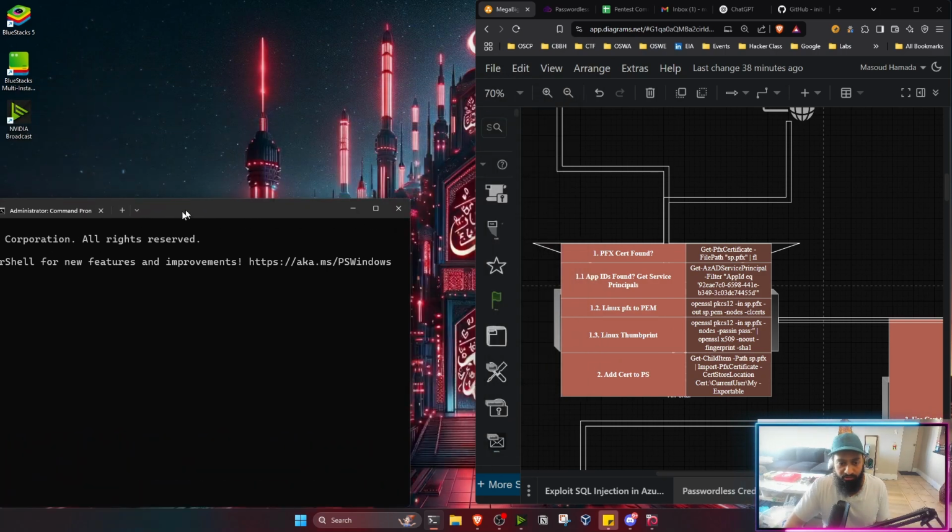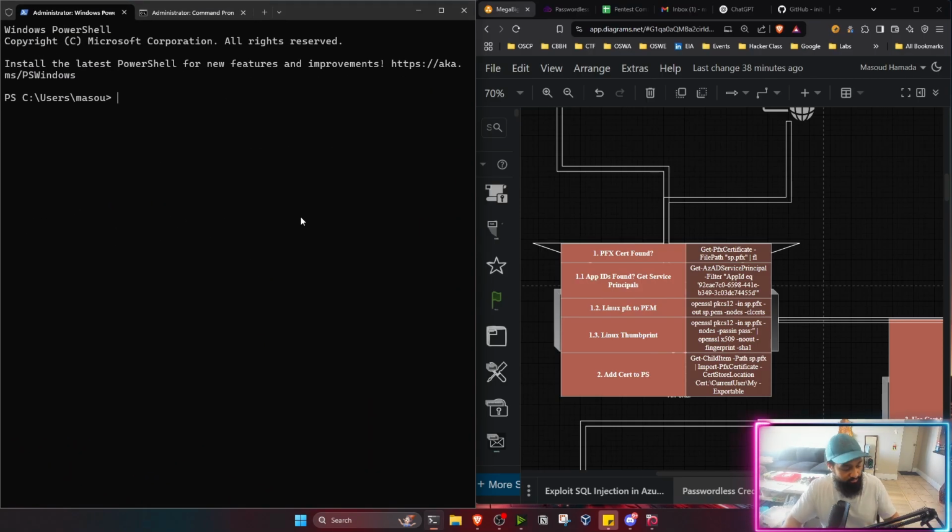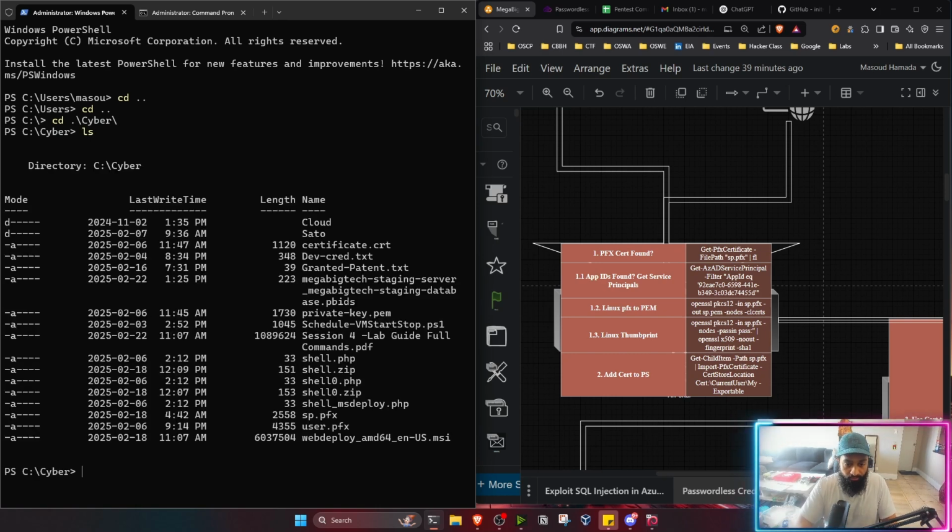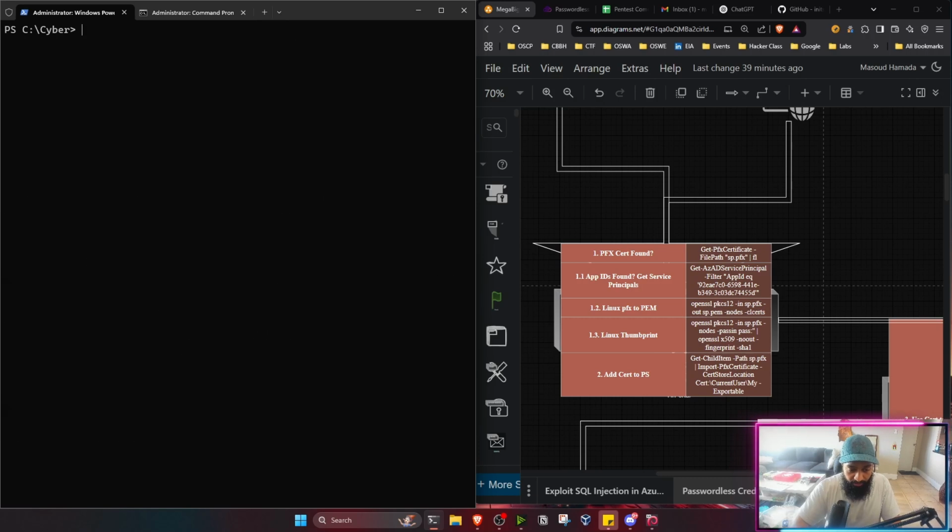So that worked. Are we good on the cloud engine? All right. So now, once we're here, let's go over to where we downloaded our certificate. So I hope you downloaded the certificate and are going into the directory of the certificate. For me, I put it in here in cyber. And as you can see, it's right here, sp.pfx. And now once we're here,